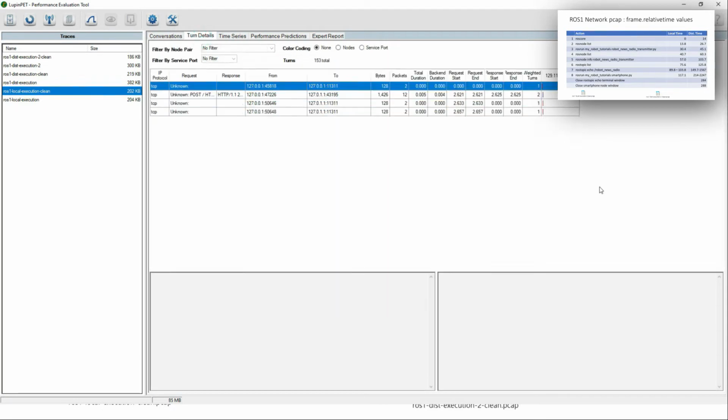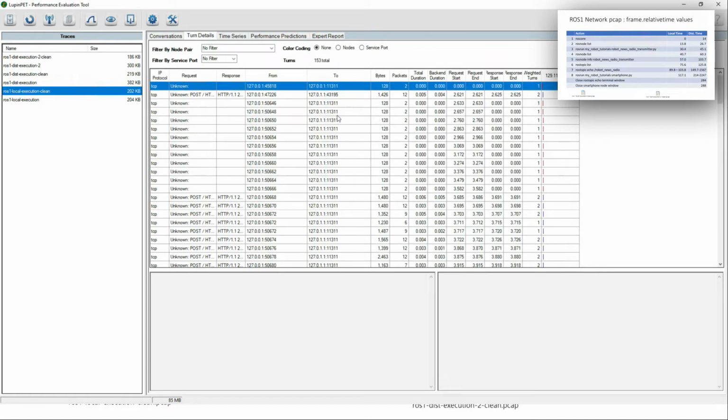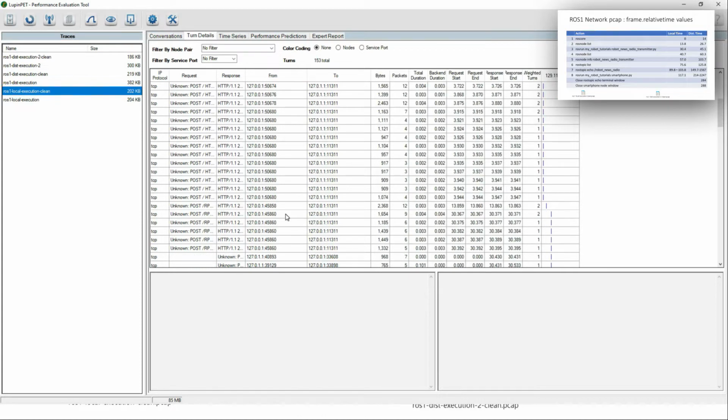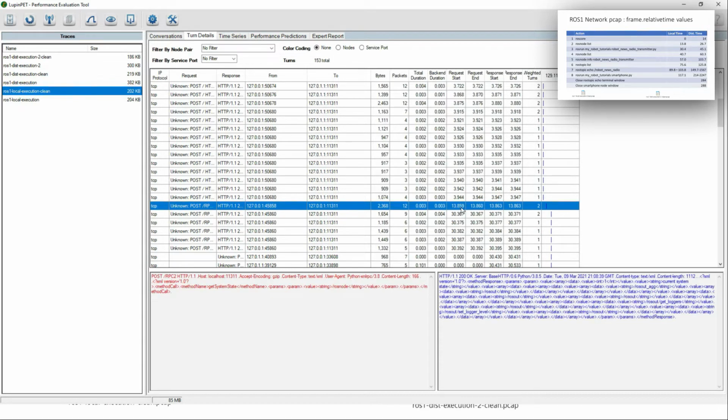So let's go over and look at the drill down on this, and again ignore some of this stuff in here. I'll try and stay on the interesting stuff. At start time 0, that's when I first fired up the ROS master. So all this is just stuff you see the ROS master doing. But let's go down to 13.85. This is where I did the ROS node list command, and you can see here it's just sending a request